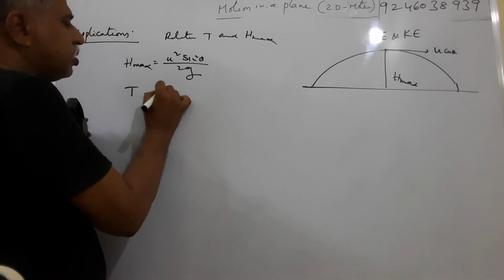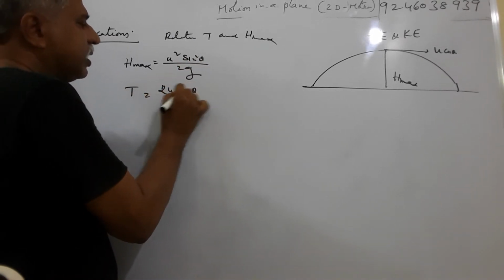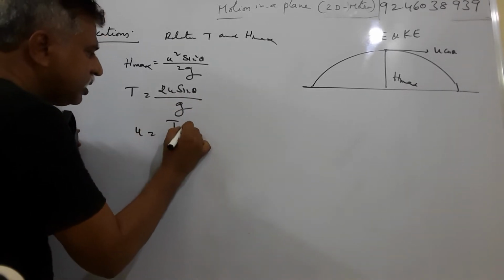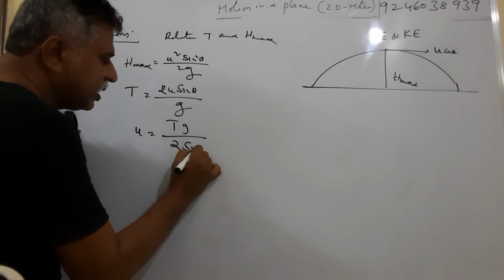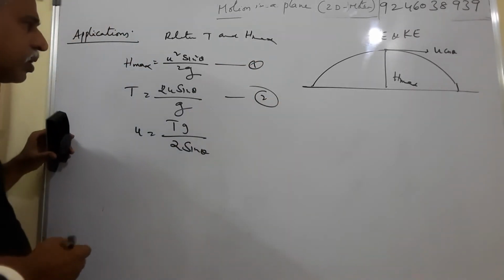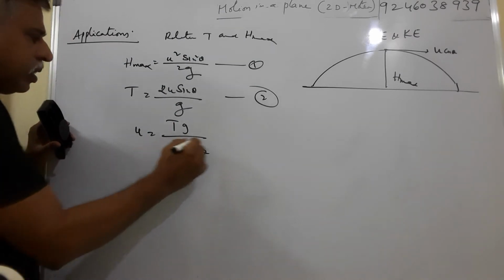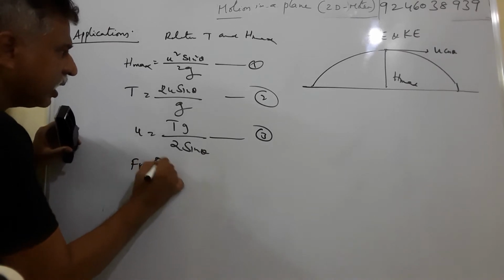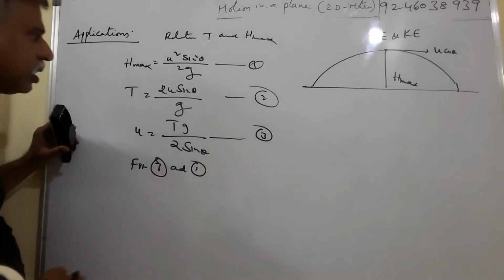T is equal to 2u sin theta by g. Here from this, u is equal to t g by 2 sin theta. It is equation 1, and equation 2 is